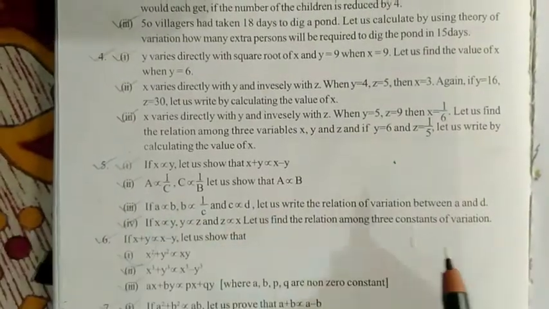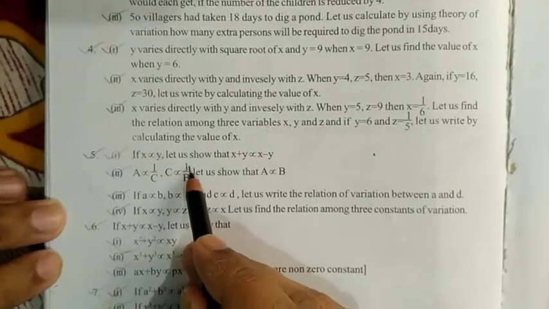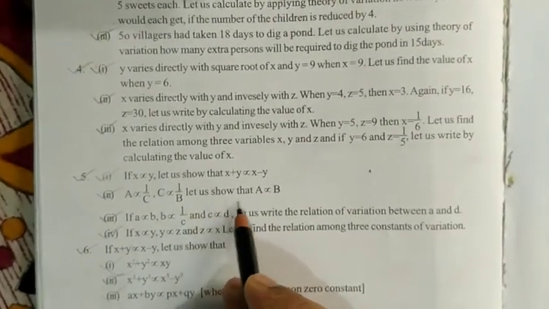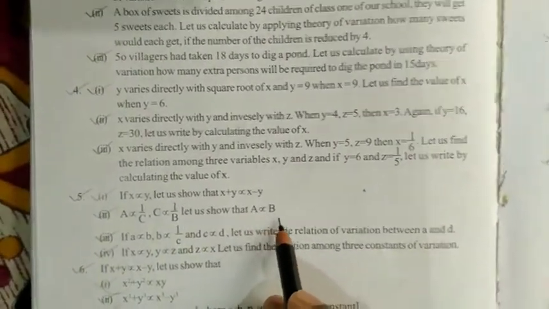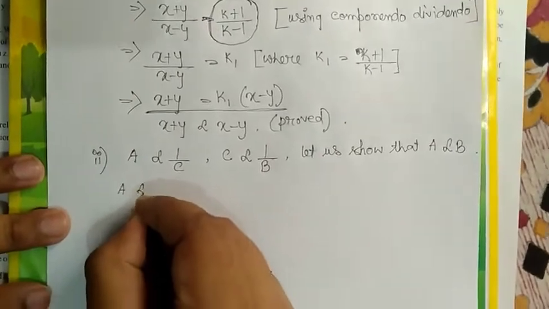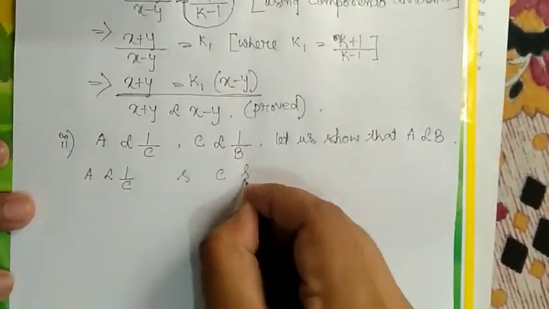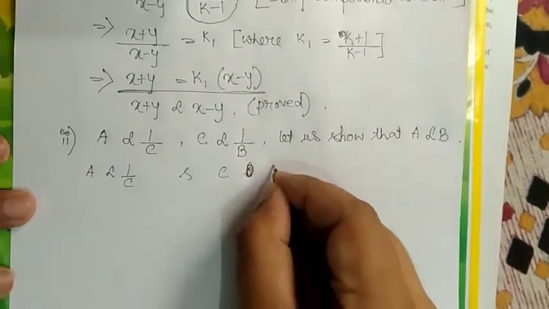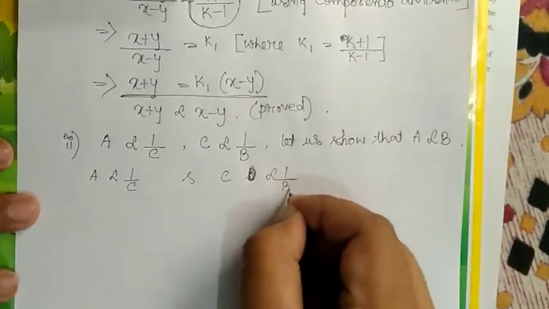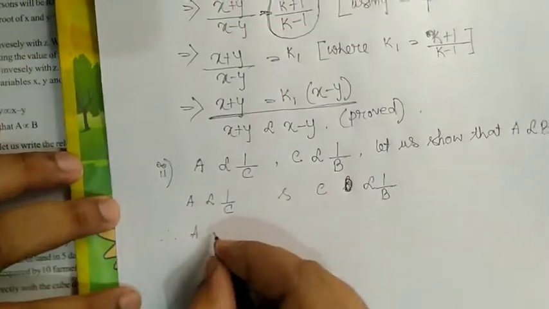This is sum number 5 part 2. A inverse variation with 1 by c, c inverse variation with 1 by b. So we have to show that A is in direct variation with B. Now according to the problem, A varies as 1 by c and c varies as 1 by b. So we can write therefore A equal to